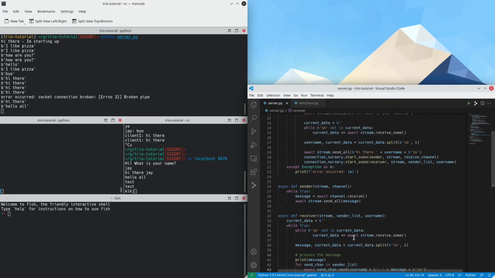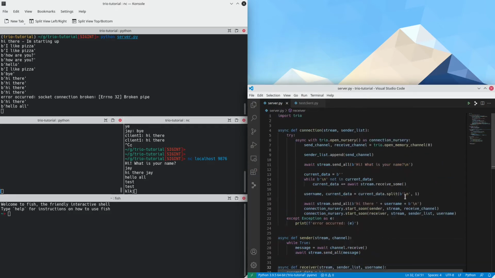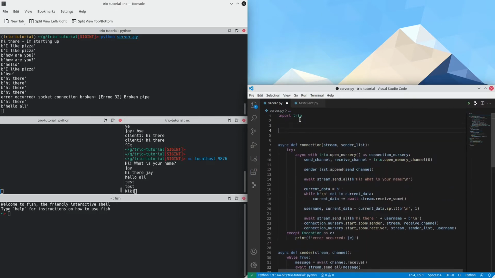So what we actually need to do is every time a connection breaks, we need to remove it from the sender list. So how can we remove it from the sender list? Well, one thing we can do is make the sender list a little bit more